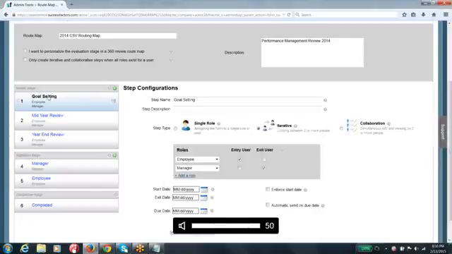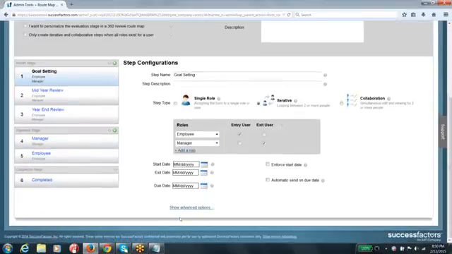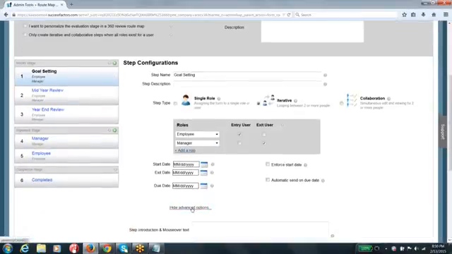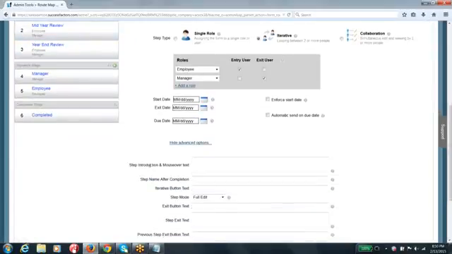Okay. So if you go to a particular step, there is something called show advanced options. What it is, you can see step introduction and mouse over text. So what kind of text do you want to keep for your starting step, and whenever they click on that particular button, what kind of text do you want to show to the users, and step name after completion.